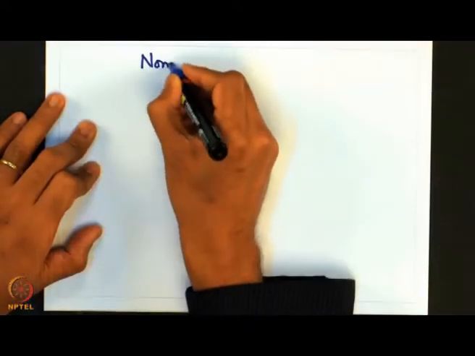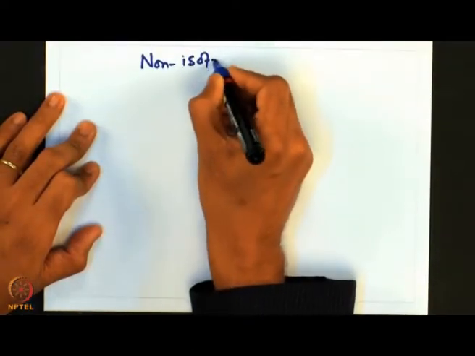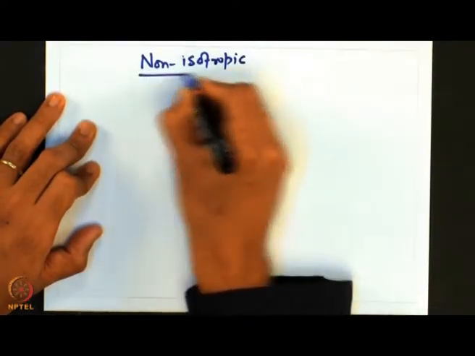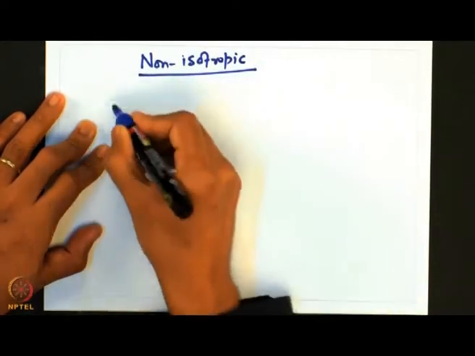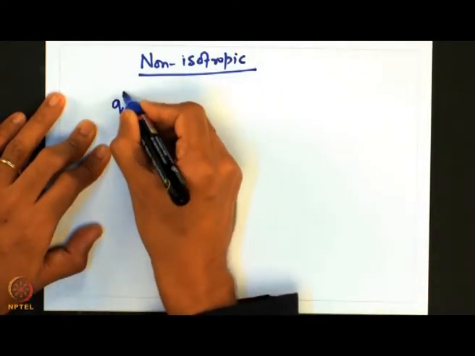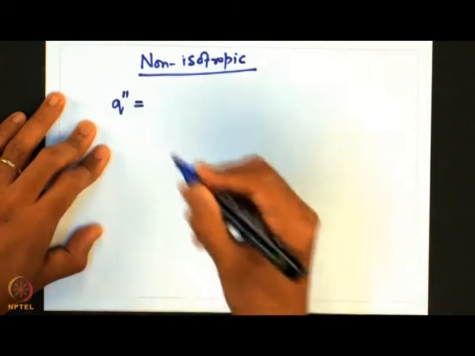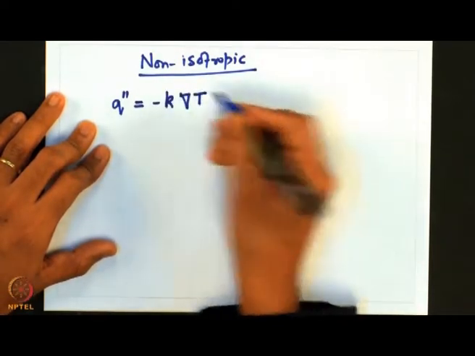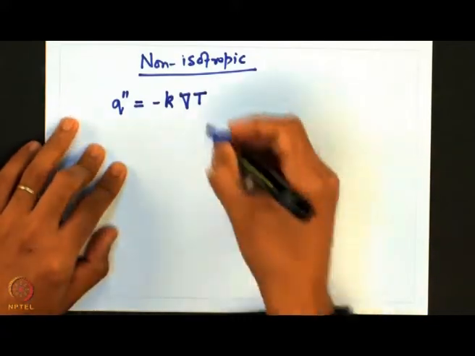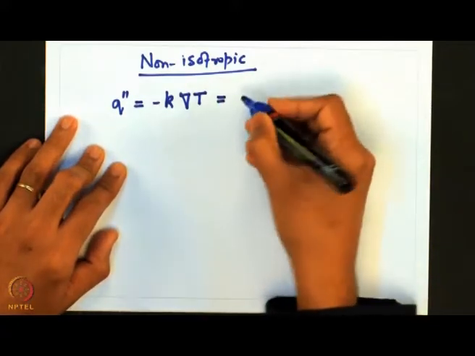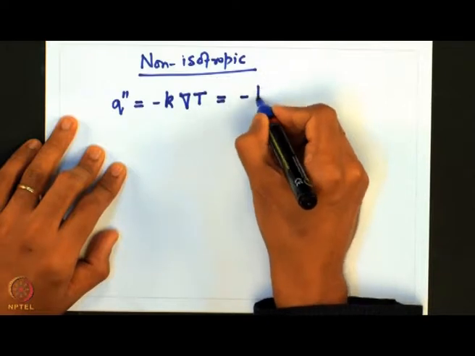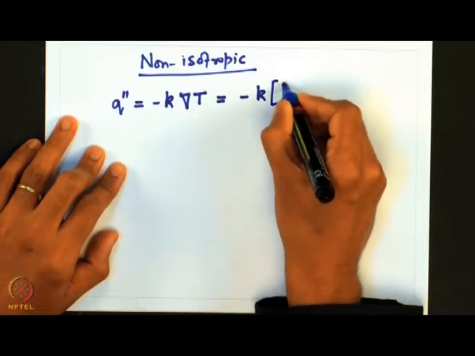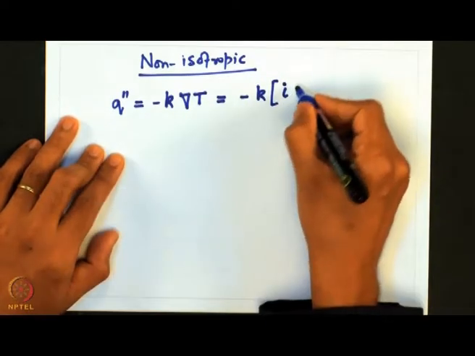So, if it is a non-isotropic system, then the flux of heat transport is given by minus k times grad T, which is the temperature gradient, and that is equal to minus k times the unit vector